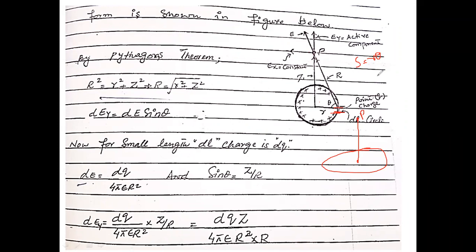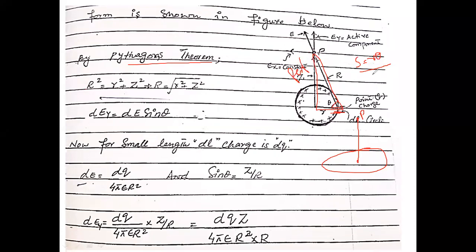Okay, we will study this later on. First, have a look at this Pythagorean theorem: R square is equal to hypotenuse square, which is equal to base square plus perpendicular square. So we have this right angle triangle. This is theta, so this is the perpendicular. z is equal to perpendicular.